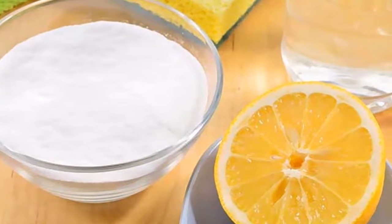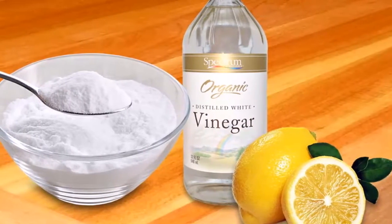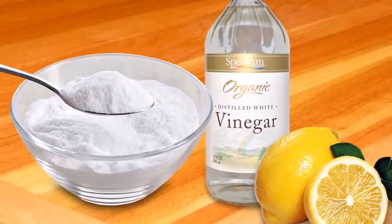Process: mix all the ingredients in the glass of water and it's ready. Drink this mixture every morning on an empty stomach. This way you will eliminate